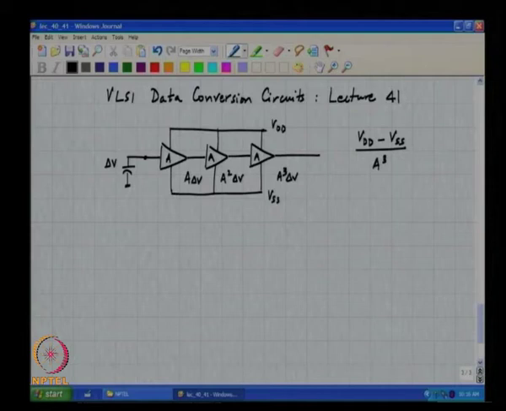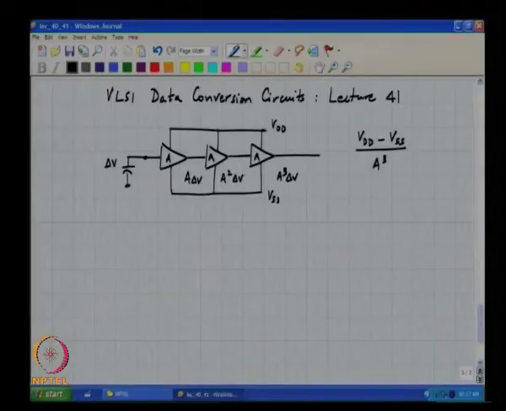Please note that the linear range of these amplifiers is hardly a concern. We are not interested in making these linear amplifiers at all. We are only interested in raw gain, because the characteristic we are trying to realize is very nonlinear. We are trying to realize an ideal signum function, so there is no point in trying to make each of these amplifiers linear. And of course as always we would be interested in doing this with as efficient a realization as possible from both a hardware and power point of view.